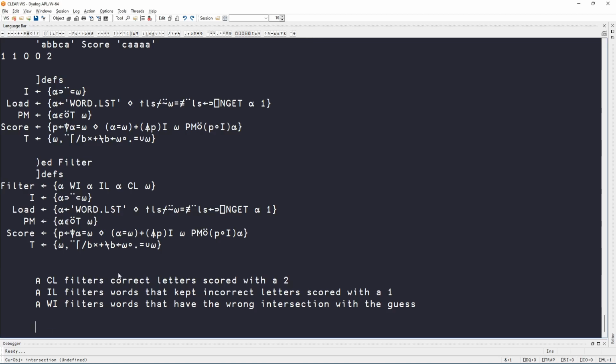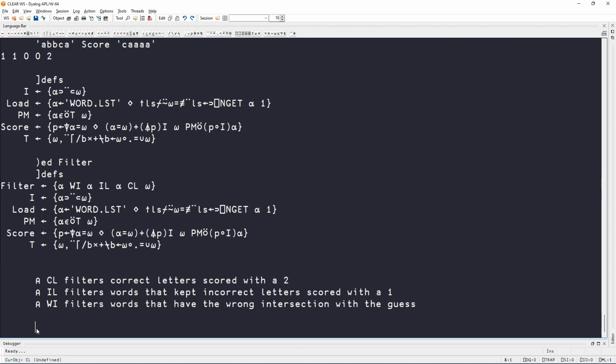In this video we're going to continue our endeavor to solve Wordle with APL, and in particular we're going to implement this CL function. This small CL function takes a guess and a score and a list of words, and it's going to filter that list of words. In particular, it's going to remove all the words in that list that do not contain the correct letters